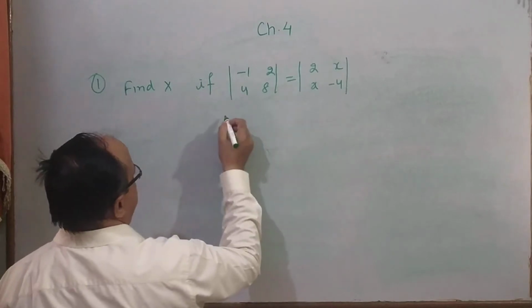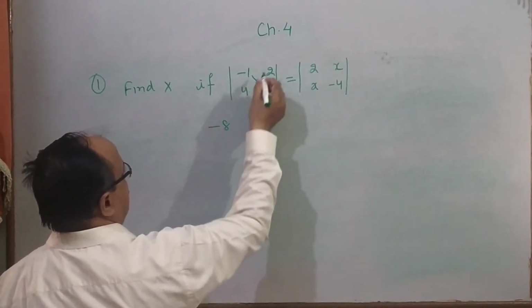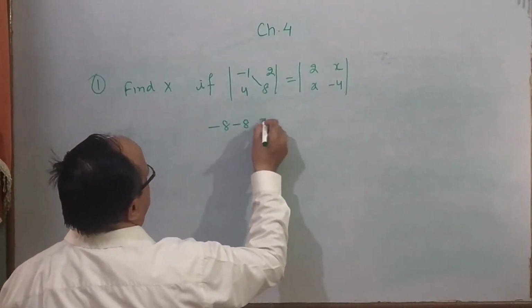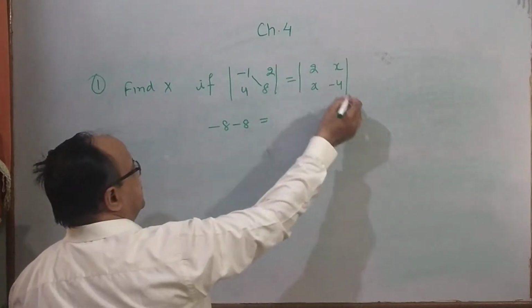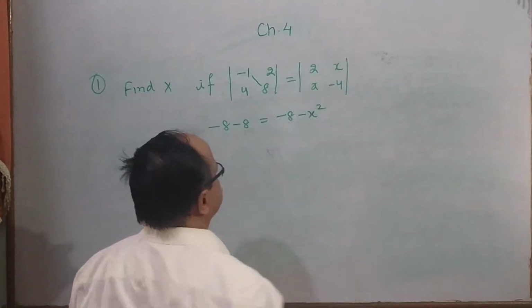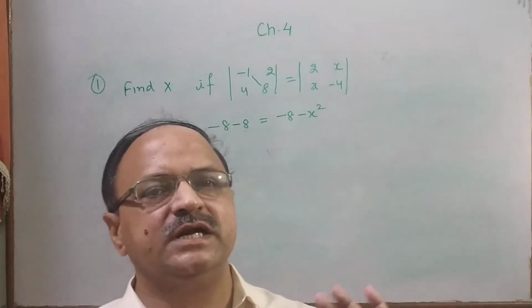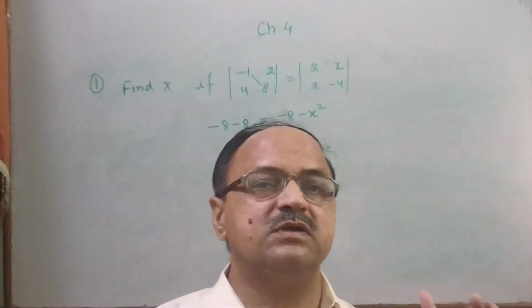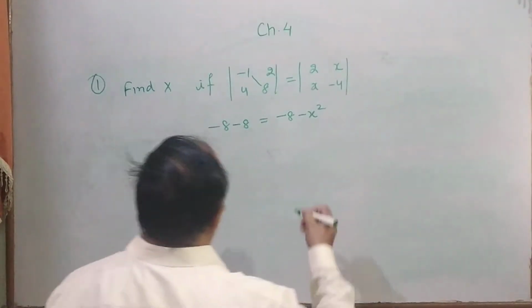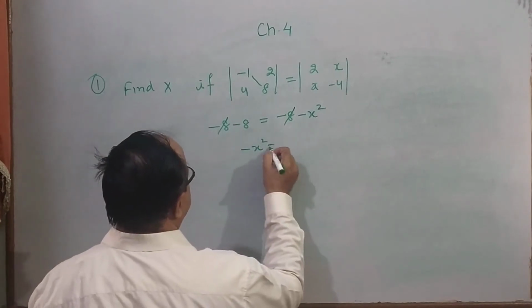Determinant of this: -1 into 8, minus 8, and this is 4 into 2, 8, is equal to the determinant of this: minus 8 and the minus x square. Similarly, mostly students solve this question by comparing method, but it is not possible. It is possible in matrix only, correct? Careful about this point. You know that this to this cancel, and minus x square is equal to minus 8,